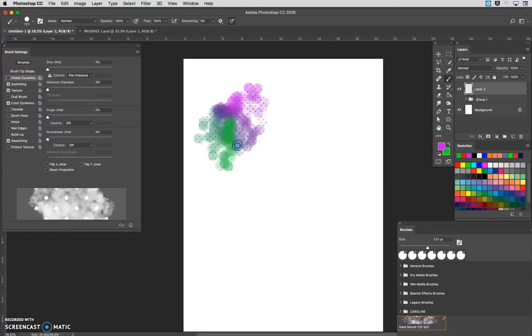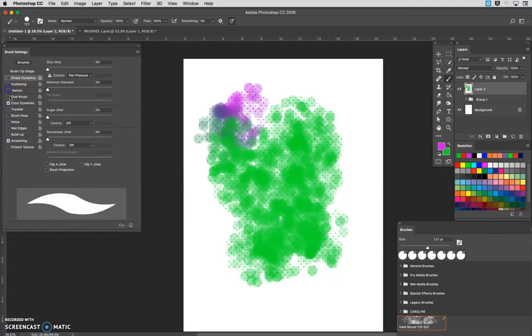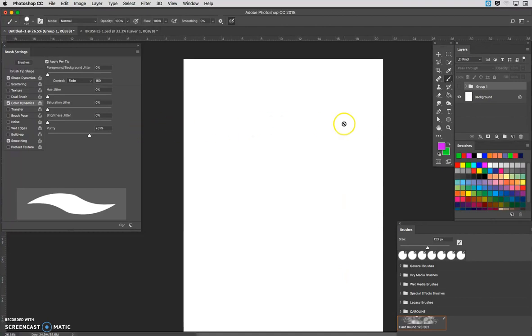So you've got a lot of options, and you can make some really incredible brushes. If you do make something you like, remember to hit the save button down here. So I'm going to now turn those back off again and come back